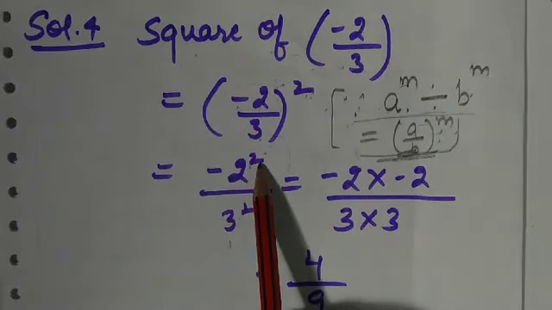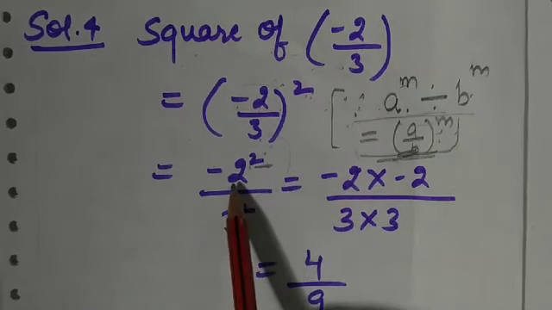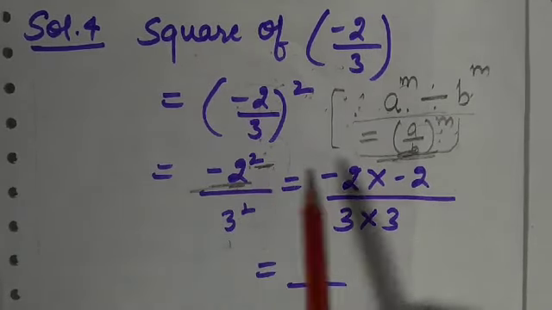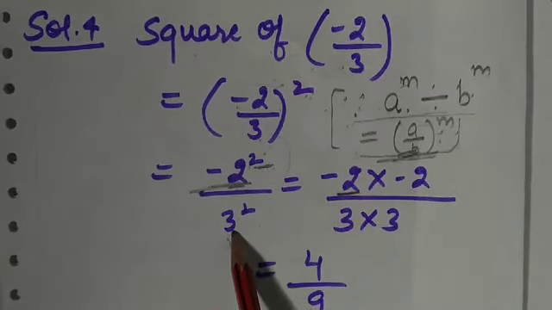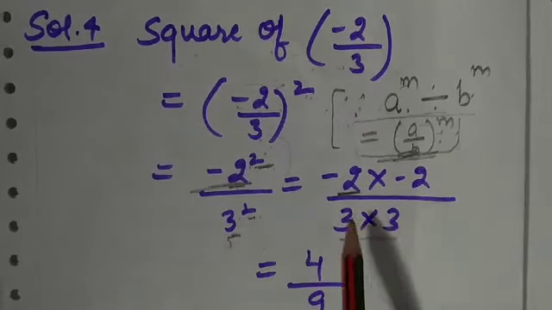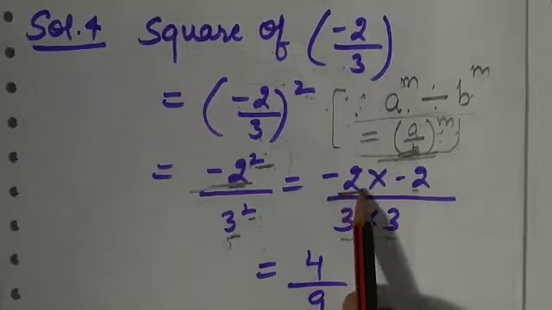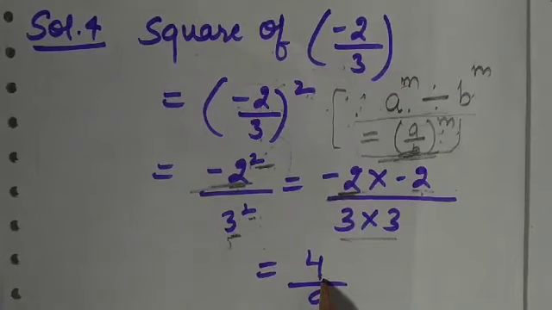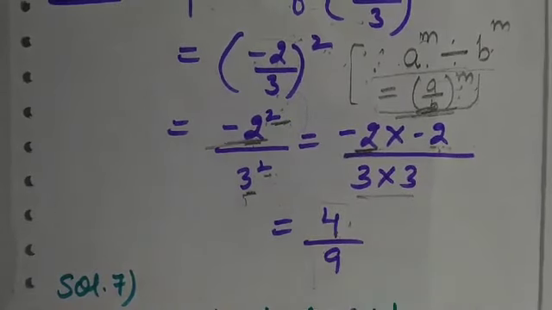Now minus 2 raised to the power 2 means minus 2 should be multiplied 2 times. So I did the multiplication of minus 2 with minus 2. Same for the denominator. Here we have 3 raised to the power 2. It means 3 should be multiplied 2 times. Okay, now I will multiply the numerators. Minus 2 into minus 2 is plus 4, because we are multiplying 2 negative numbers. On multiplication of 2 negative numbers we get a positive number, so it will be 4 by 9. Okay, 3 into 3 is 9. So the answer is 4 by 9.